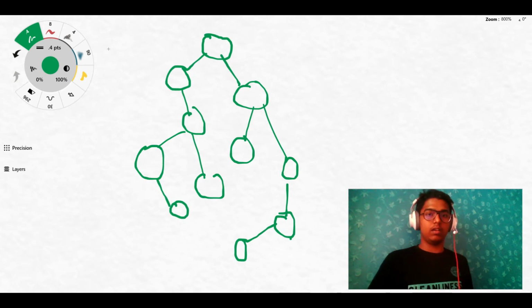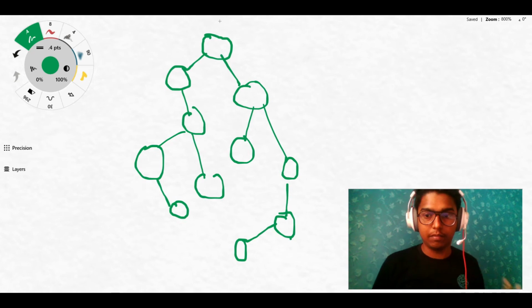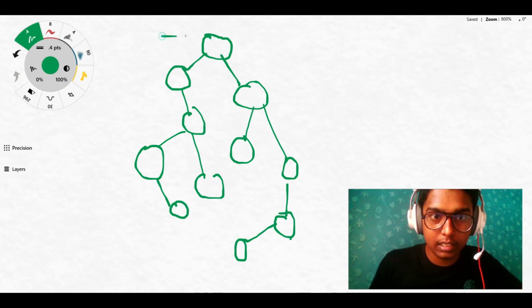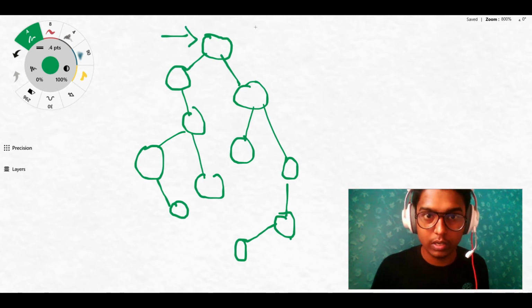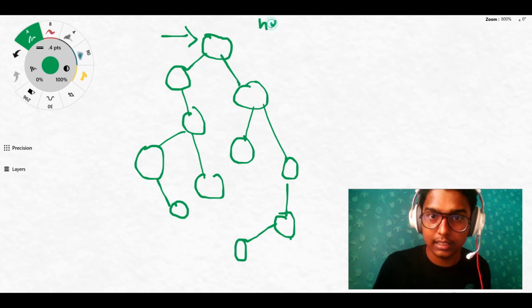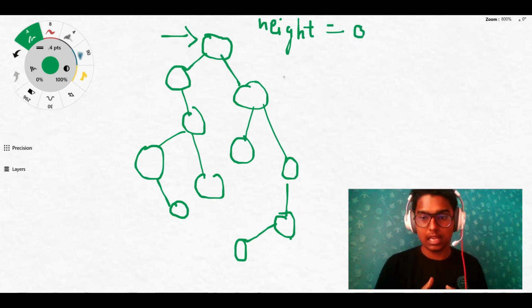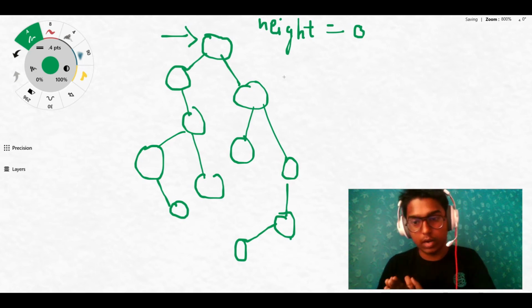Okay. Now firstly we will be considering that we are at the root node. So I'm taking a variable count, or you can say height. Height is initially 0, right? Now I'm going from root to left firstly, and then to right, okay.